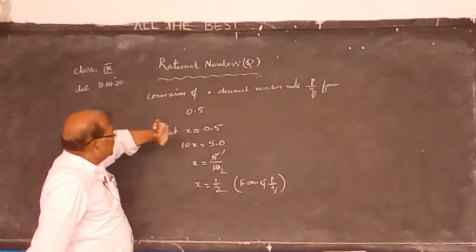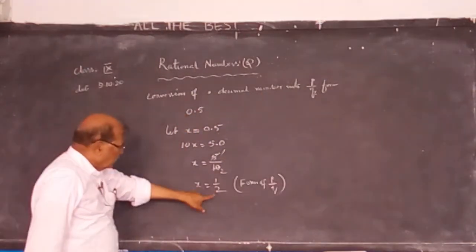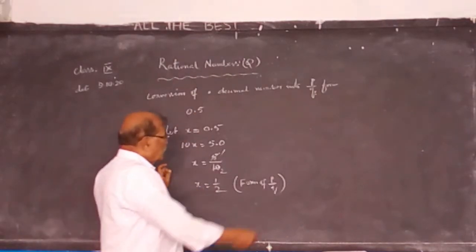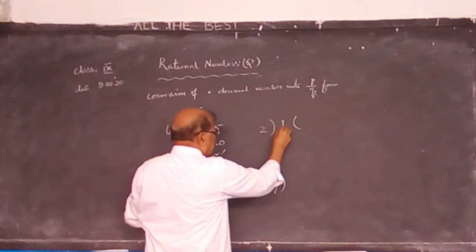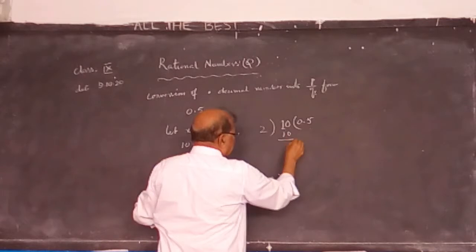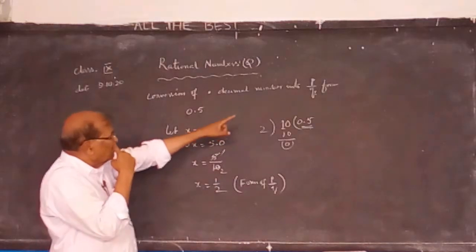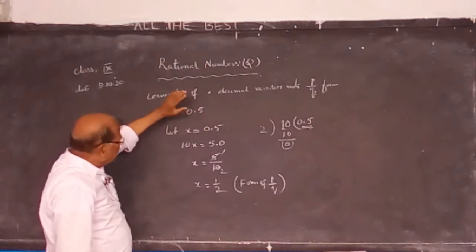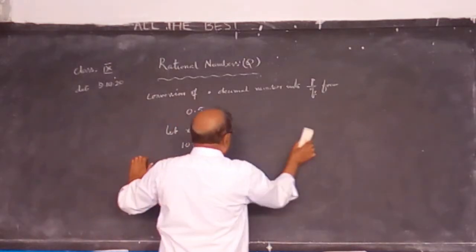So, rational numbers can be expressed in the form of P by Q or in the decimal form. When it is in the form of P by Q, how do you convert it to 0.5? 1 divided by 2. The dividend is less than the divisor, so take the point and put 0 here. 2 5s are 10. Remainder is 0. So 0.5. So the value of 1 by 2, when we convert it into decimal, is 0.5. This is one way. I will tell you another way also.